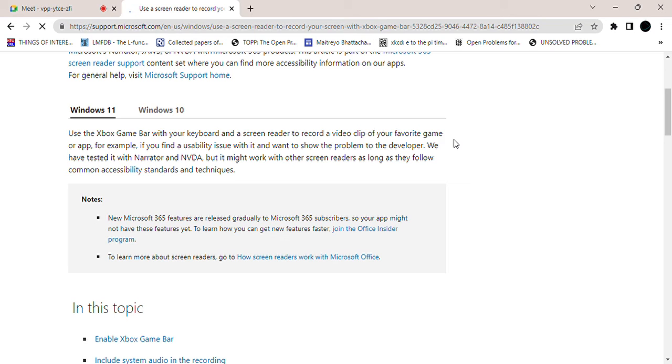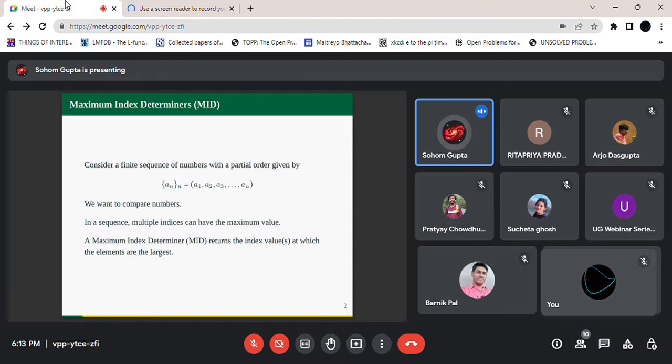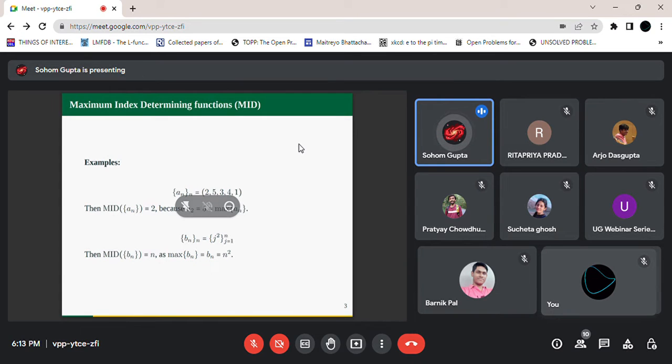are both the largest value, then the MID of the sequence would return 1 and 3. These are some examples that I have presented. Suppose my sequence is 25341. So applying an MID on this sequence would return 2 because the second element, which is A2, is my maximum